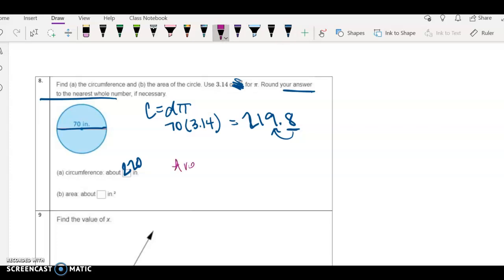For area, we have pi r times r. So that means the radius, because this was our diameter, so we want half of the diameter. So 70 divided by 2 gives me my radius. So 70 divided by 2 is 35 equals my radius. So I'm going to do 3.14 times my radius of 35 times my radius of 35. And I get